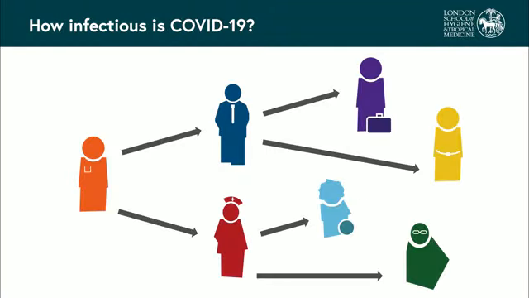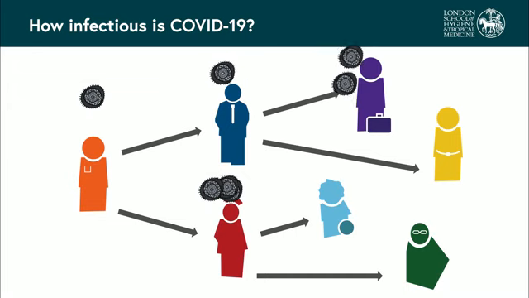People talk about the new coronavirus being more or less infectious than flu or than SARS. But what do they mean? In this step, we will look at how we measure infectiousness. So imagine a population where one person gets a virus and they transmit it to two people, and each of